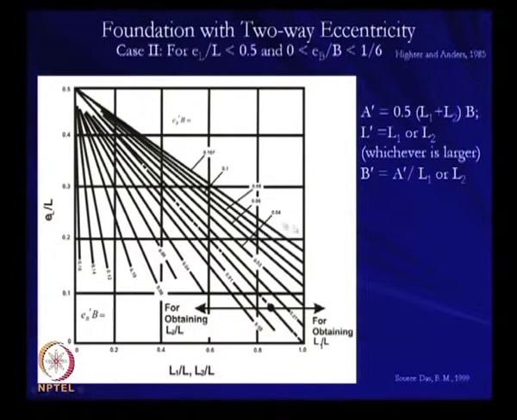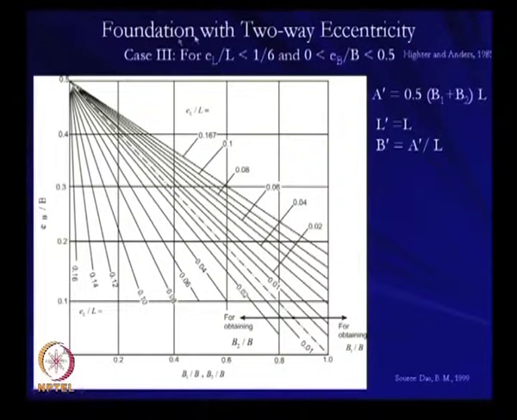So, once we get this value, this is for 0.167, 0.1. On this side we will get L1/L and on this side we will get L2/L, because this e_L/L we can calculate. Suppose e_L/L and e_B/B we also calculate. Once we get this value, we can calculate L1/L and L2/L, and as we know L, we can calculate L1 and L2. These things I have already explained.